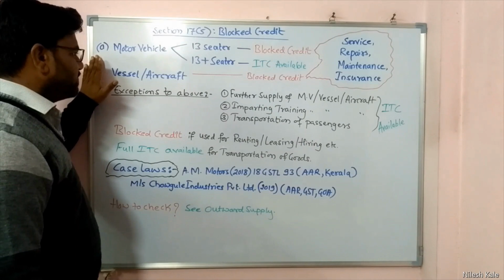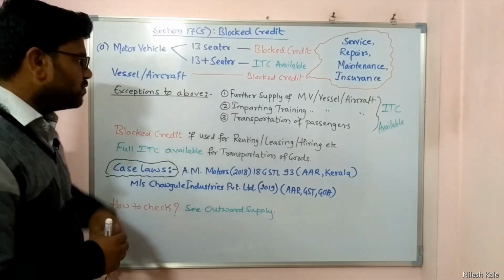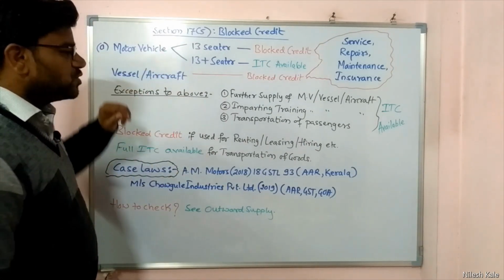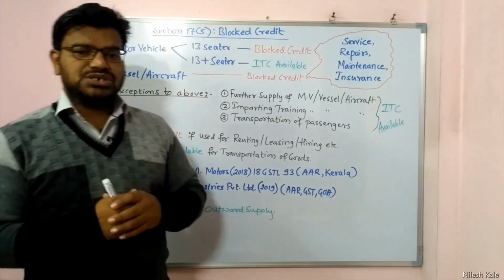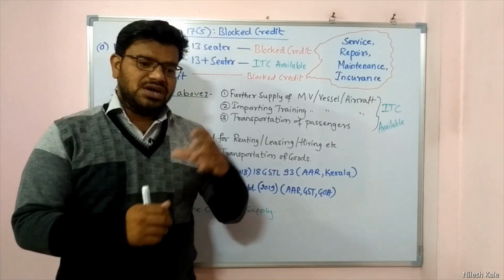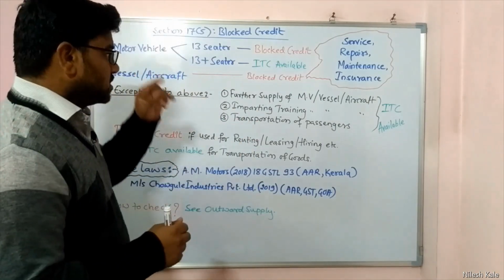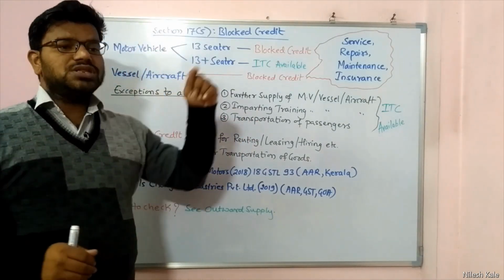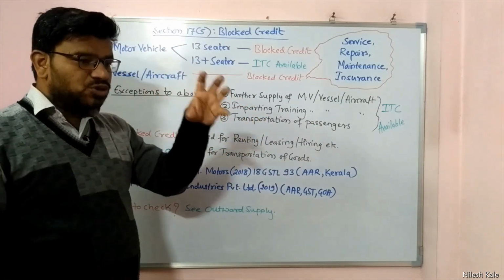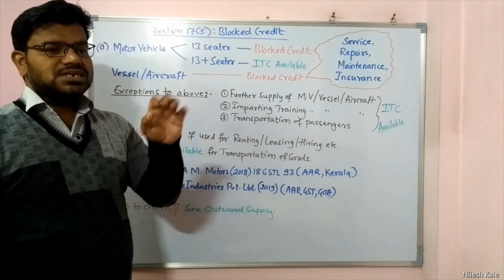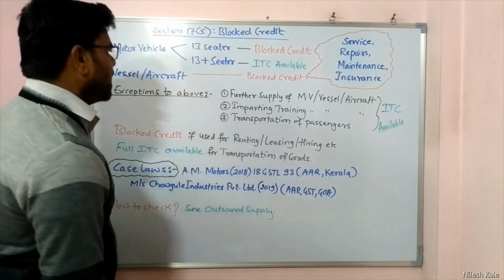We are first starting with the first clause, motor vehicle. There is a definition of motor vehicle in the GST Act. It is a very big definition. It is propelled by some machinery, we have to use fuel, and such a vehicle which is more than 35 cc is defined as a motor vehicle. If the motor is less than 35 cc, it is not a motor vehicle according to the GST Act.